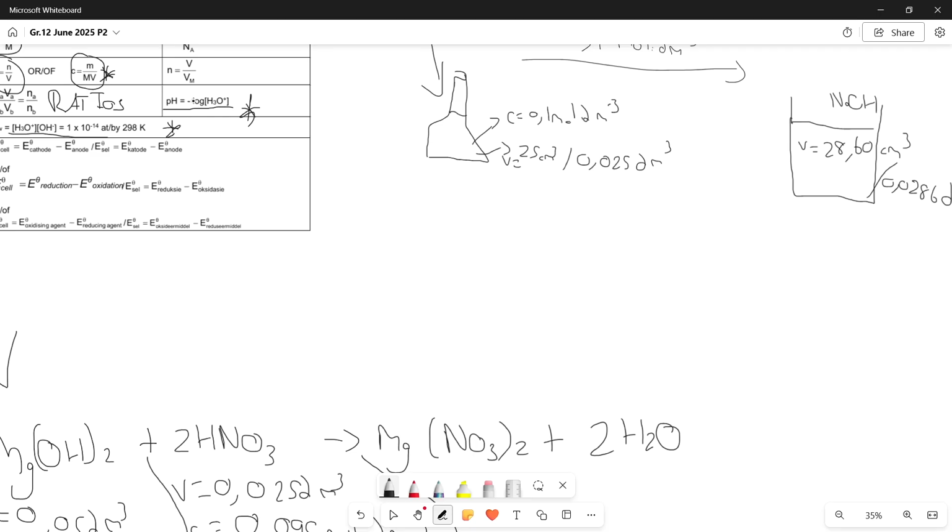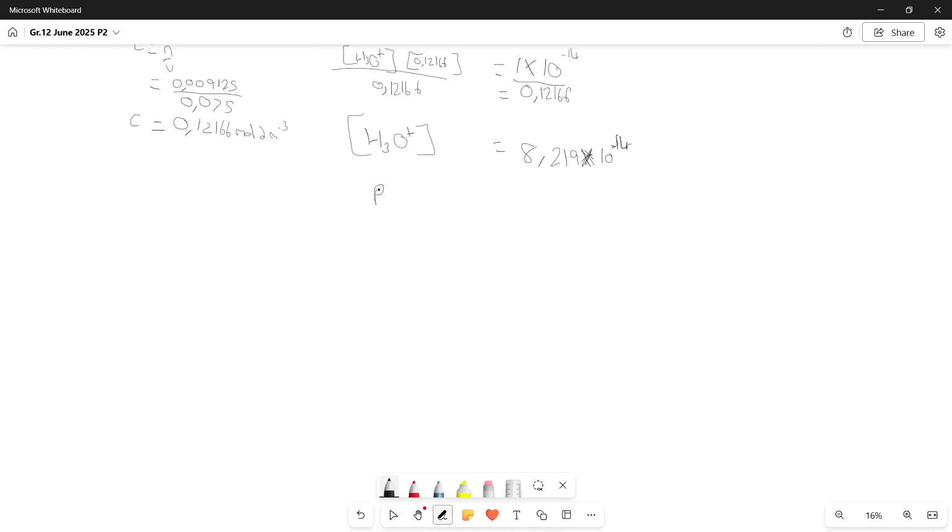So we can just go ahead and write this down and solve for our pH, which means pH equals negative log of the concentration of H3O+ ions. We aren't unwrapping logs in this scenario. We can just plug our values in and solve for it in our calculator, because the concentration of H3O+ is this whole value over here, which means we have 8.219 multiplied by 10 to the negative 14. And that means our final answer is